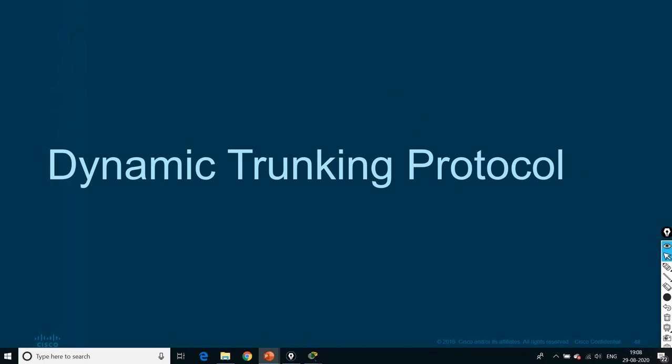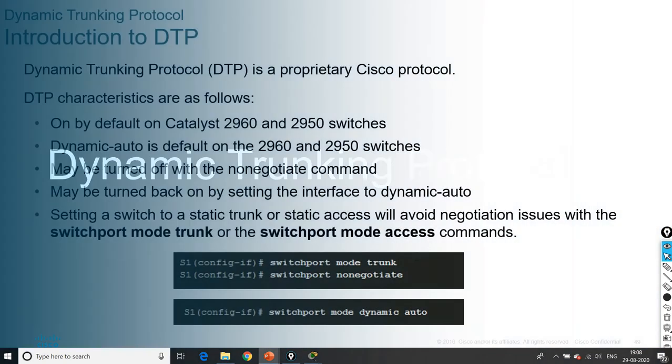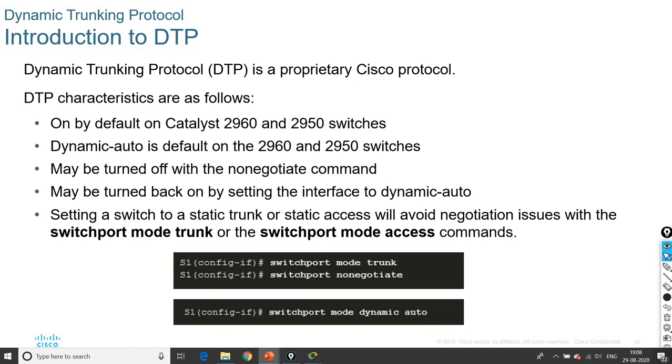And dynamic trunking protocol. Coming to this, some Cisco switches have a proprietary protocol that lets them automatically negotiate trunking with a neighbor device. This protocol is called dynamic trunking protocol. DTP can generally speed up the configuration process for the network administrator.